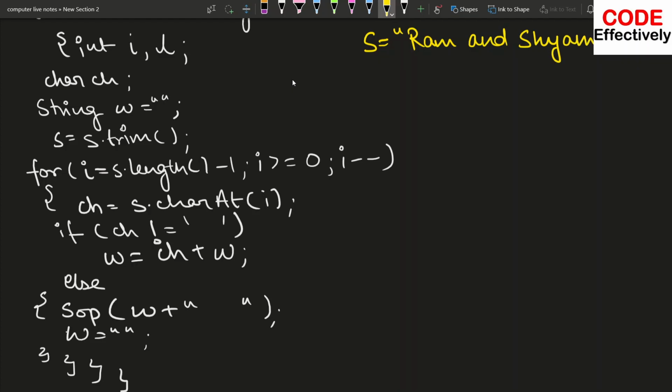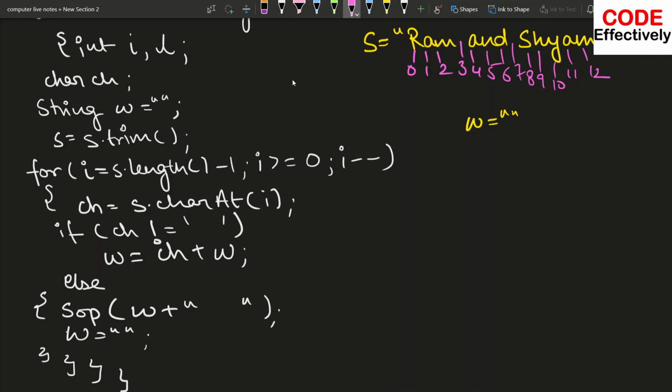So this is my string being input, this is s. Then we have a character ch. Now we have another string w. Initially w is null, it is storing nothing in it. S dot trim, if there are any extra white spaces, then we can remove those. Then what is the length? First let's calculate the length. Let me do the indexing for you here: 0 1 2, space is 3, 4 5 6 7 8 9 10 11 and then 12. This is how your indexing is going, simple indexing.